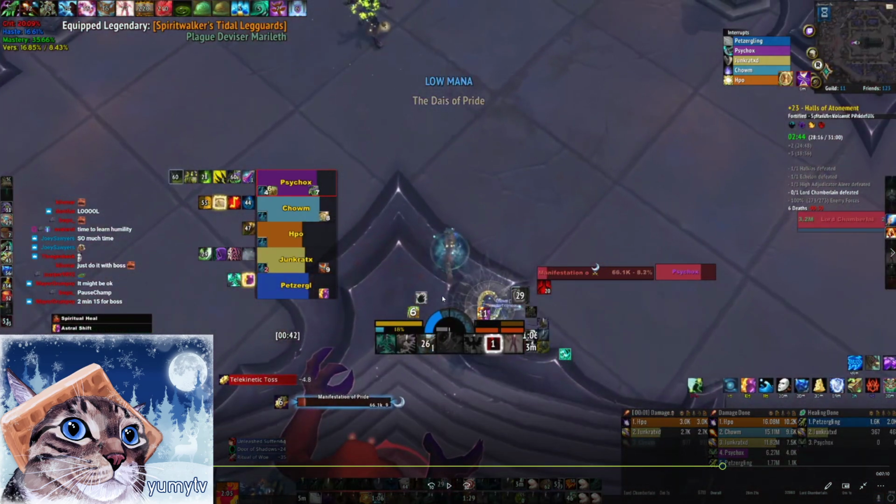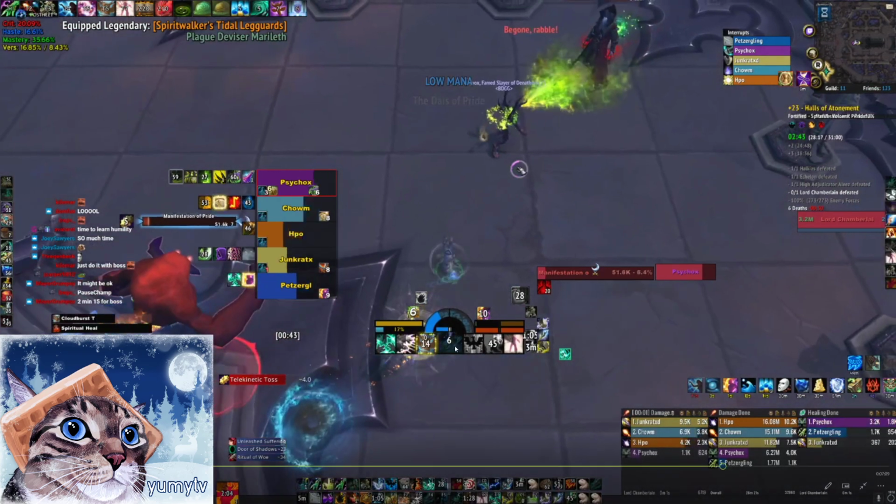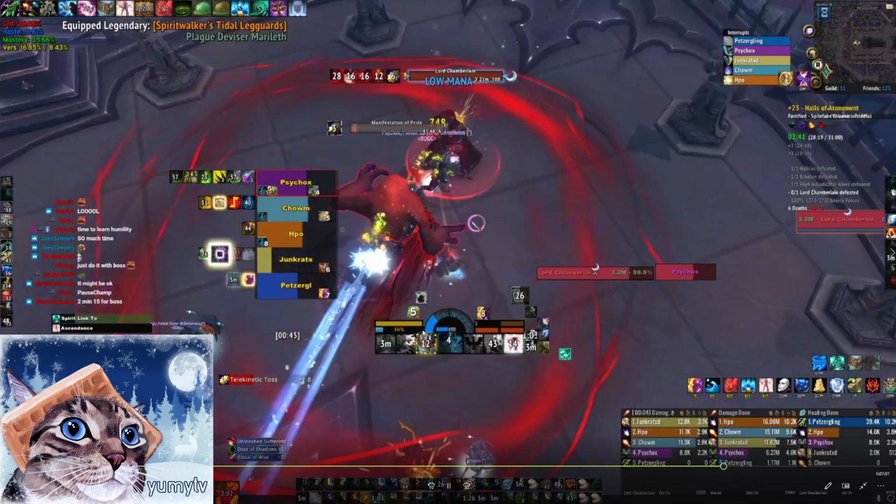We decided that we were going to pull it into the boss, so I'm holding my SLT and Ascendance for a very long time. I think I probably should have used my Ascendance at some point here. The Pride is at 9% health or whatever, so I think I held on to my Ascendance a little bit too long, but this is why I used my SLT. Like, as I'm running in, I should use my Cloudburst, and then I should pop Ascendance. There's the Cloudburst, there's the Ascendance. It was just a little bit...